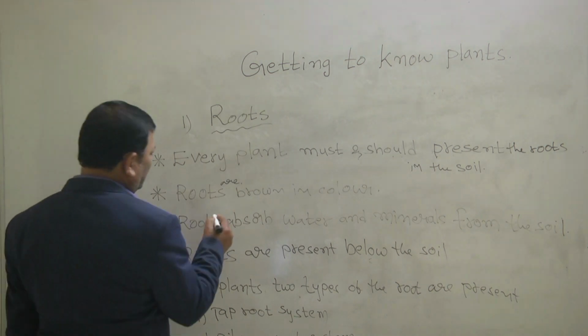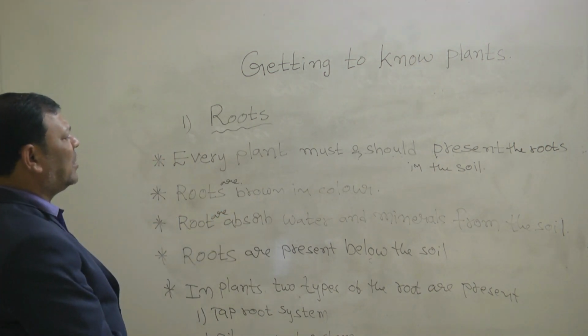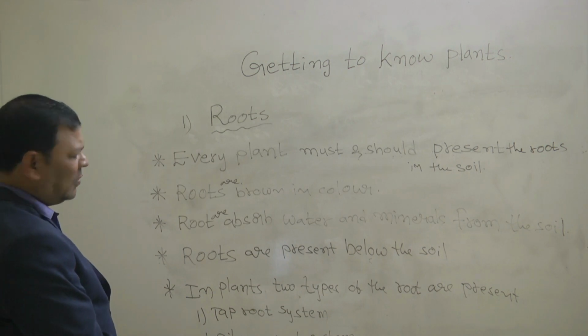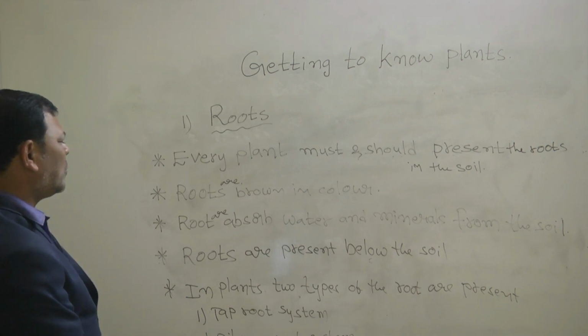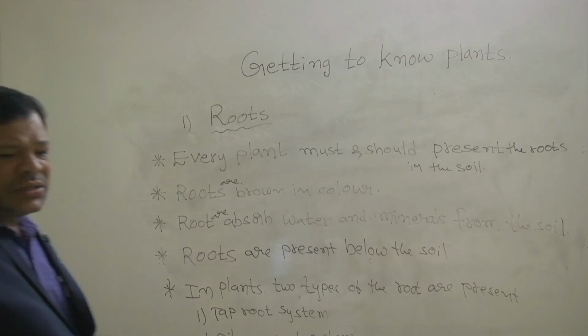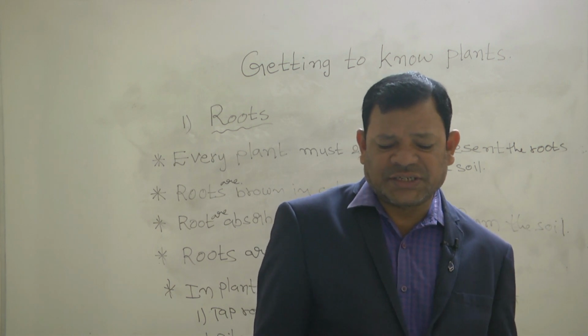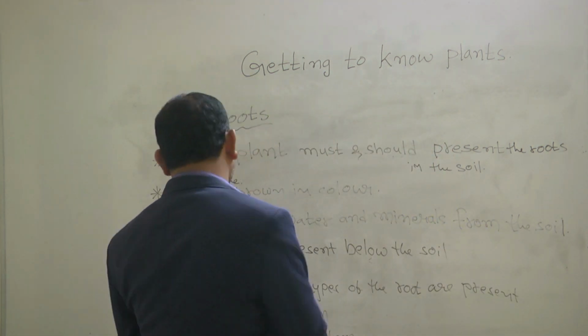Roots absorb water and minerals from the soil. Roots are present below the soil. In plants, two types of roots are present. They are the taproot system and fibrous root system. Before going to that,